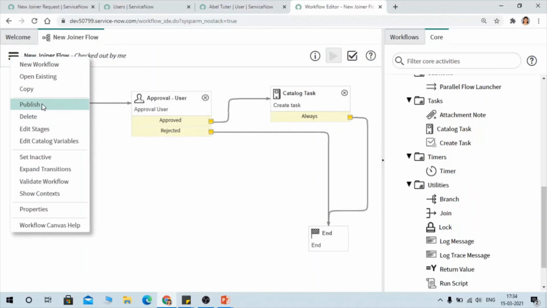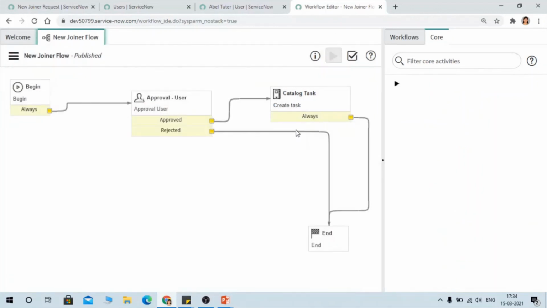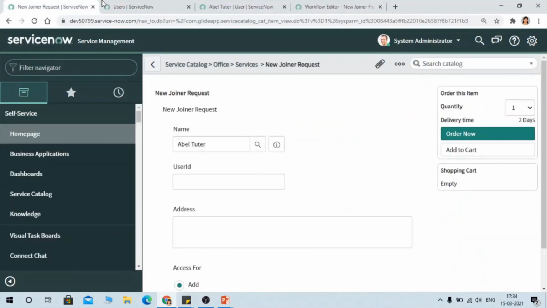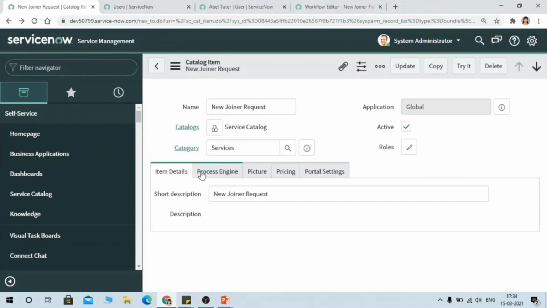Okay, so remember, this is a very important point. You have to publish the workflow, then only it will be applicable. You can add this workflow to any of the catalog items. So until and unless you have published it, you would not be able to use or map this workflow anywhere. So now what we have to do is go to the catalog item and add our workflow into that.